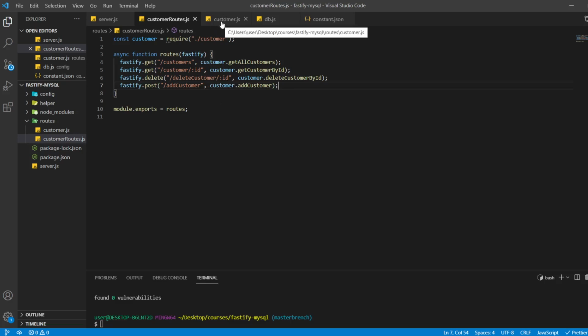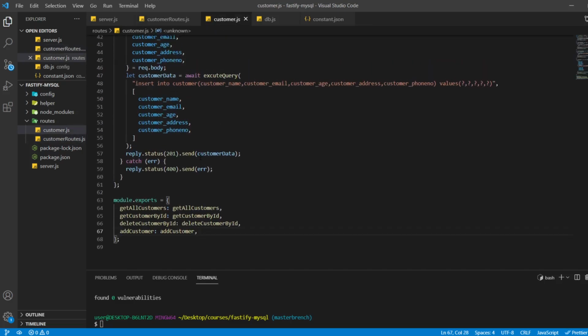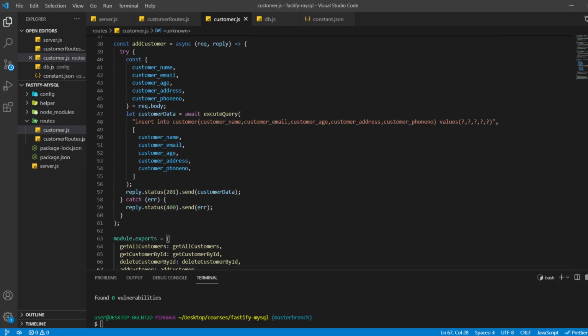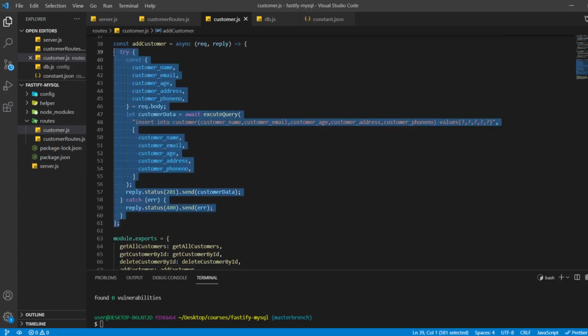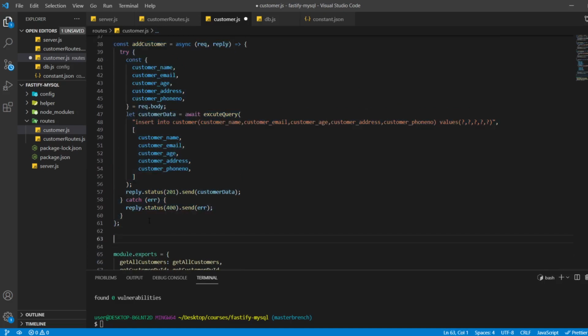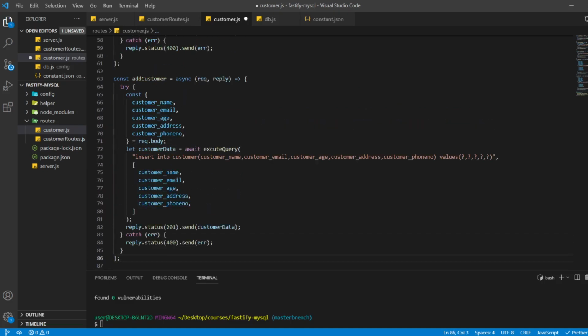For that we simply copy and paste this post function here. I'll change the name to update customer and we'll also change the query parameters.